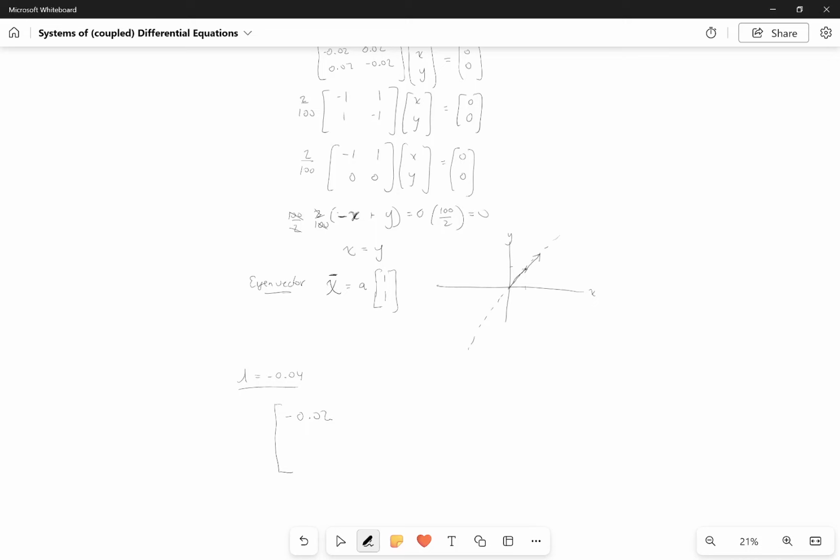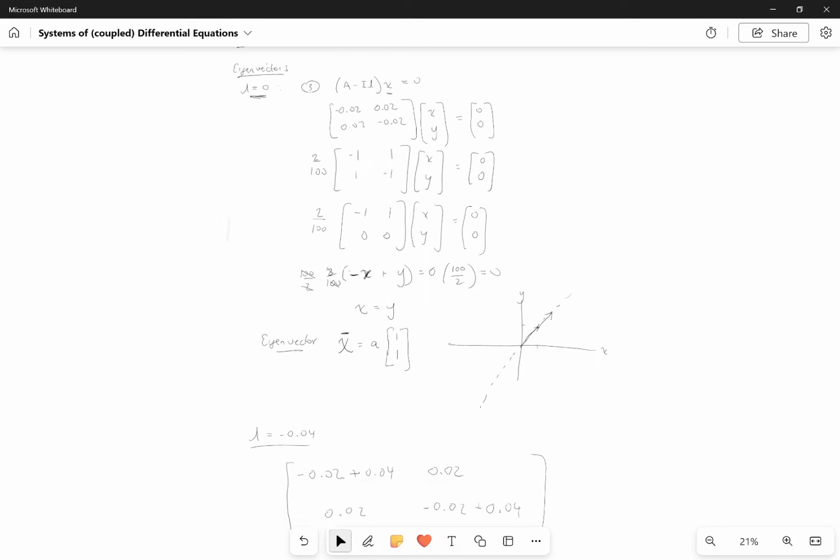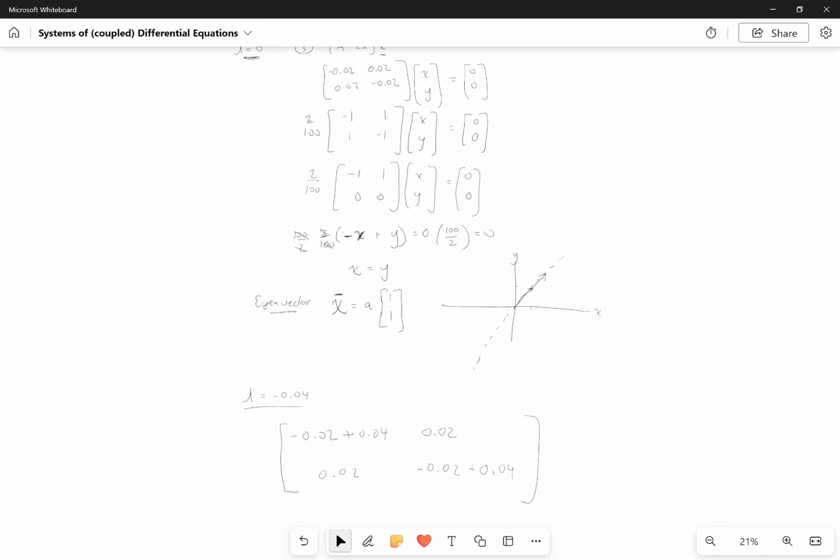Minus, so that's a plus 0.04. We have 0.02, 0.02, and then negative 0.02 plus 0.04. Okay, that's A minus I lambda, so that's what we have up here, times x, right,